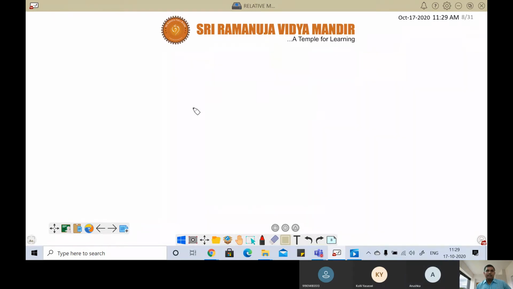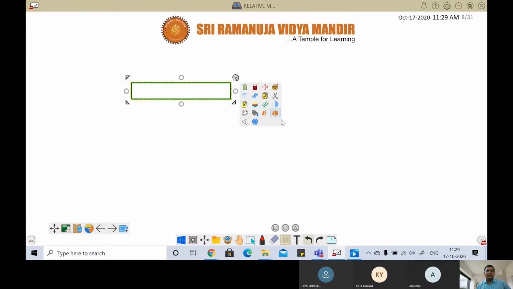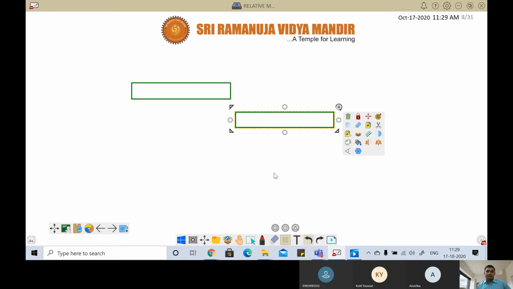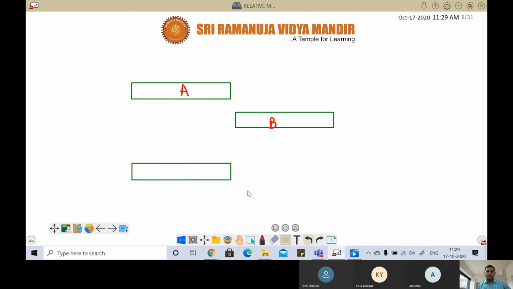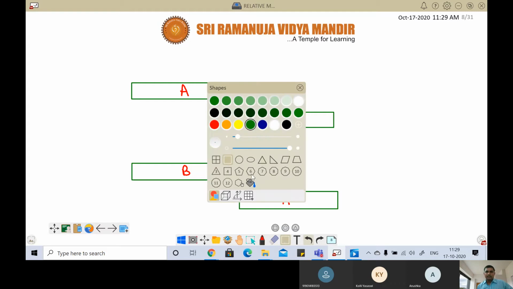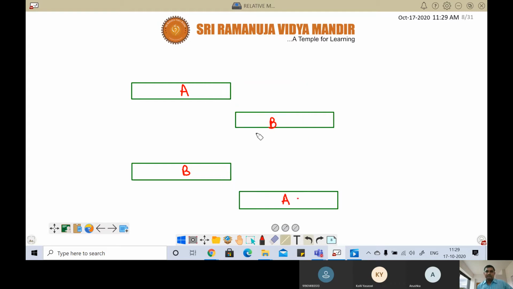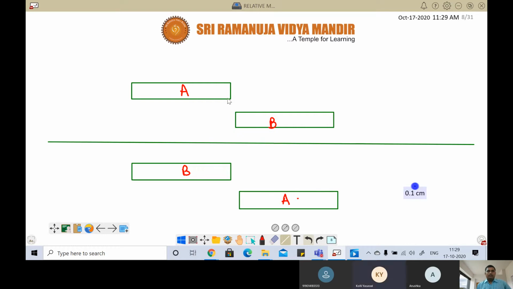Now suppose let us say I have taken this as A. And let us say this as B. This is A, this is B. Next, similarly, suppose if I take this as B, and now there are two choices, na? It's not that I have to take like that only. This is one situation. This is one thing, and that is another thing. Is it clear? Yes, sir.